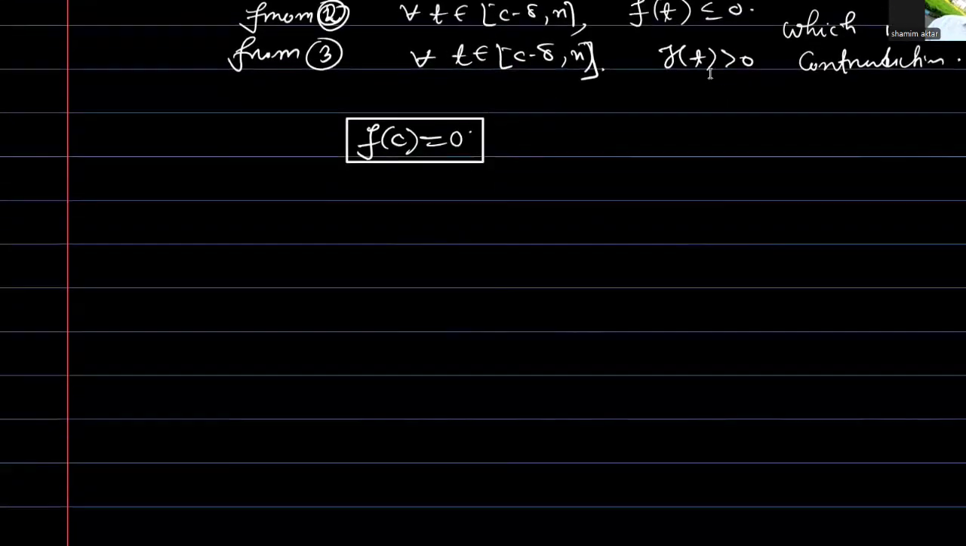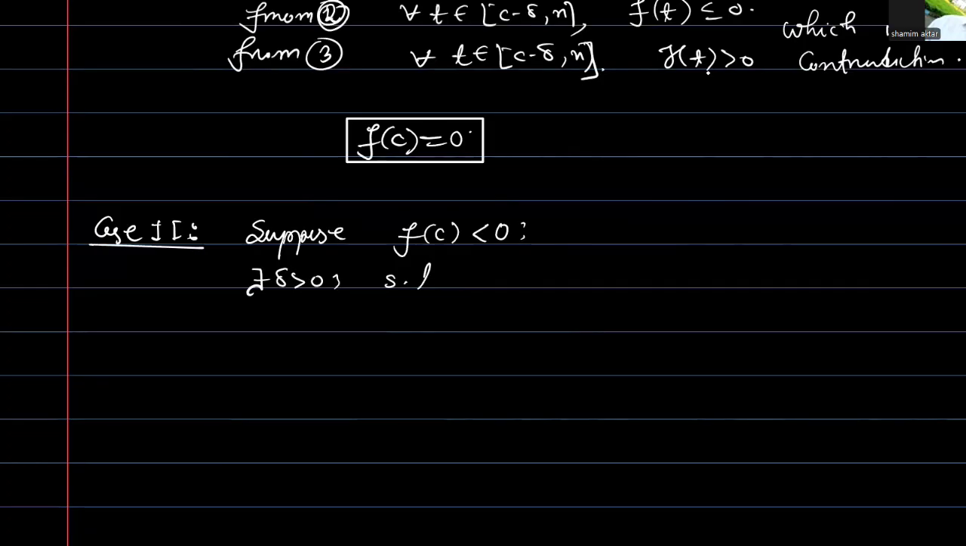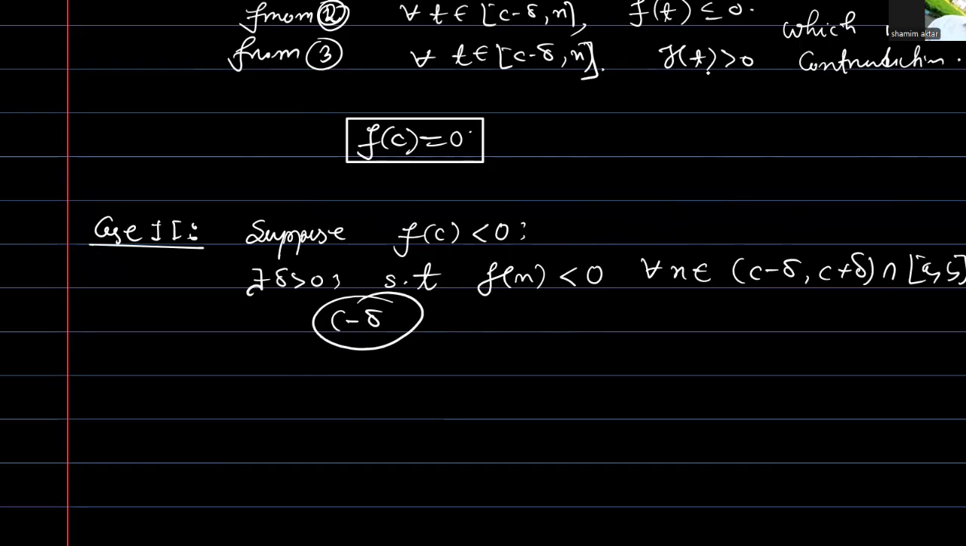Now the second case. Suppose f of c is less than 0. Again by the property of continuous functions, there exists a delta greater than 0 such that f of x is strictly less than 0 for all x belonging to c minus delta, c plus delta, intersection a, b. And again by the upper bound property, c minus delta is not an upper bound, so there exists an x belonging to S